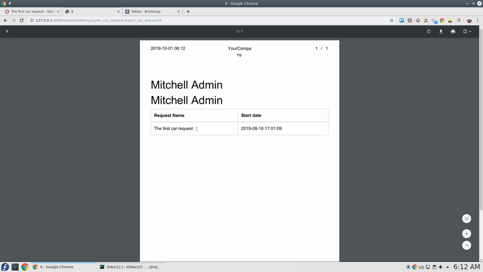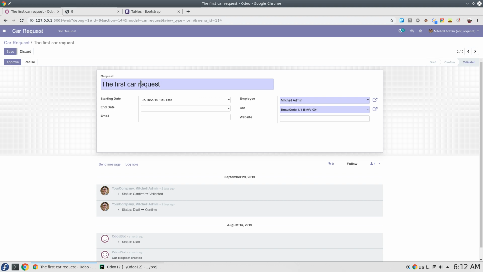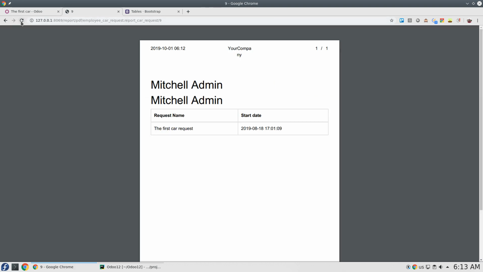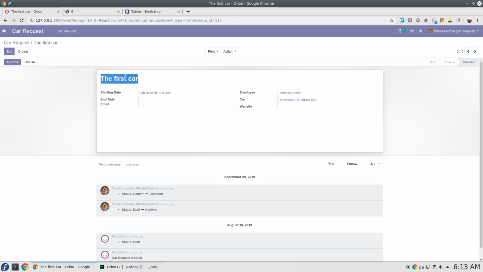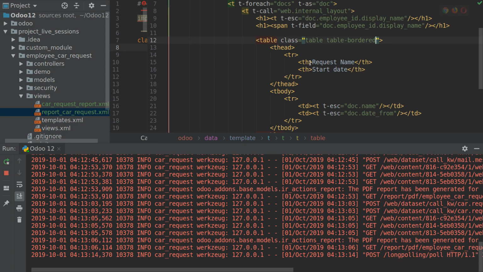Now we have no false here because this one is not there. So if you remove the request here, save and reload, it's now the first car, the same as the one here. So we still have many options to be done here, like class equal